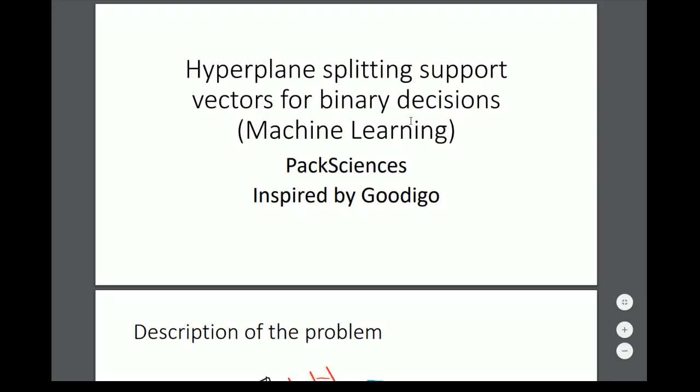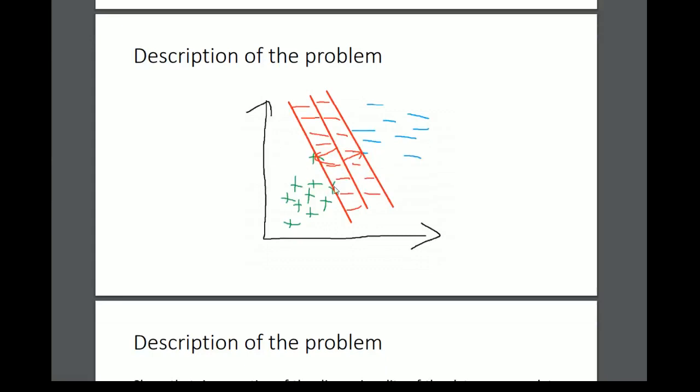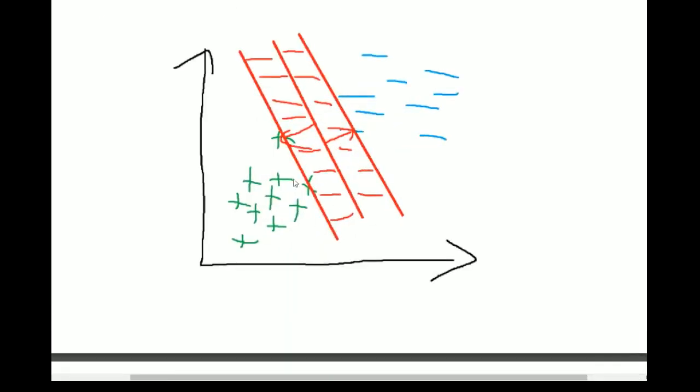Hello, today I'm going to talk about machine learning and binary decisions and a problem of hyperplane. I got inspired by Goodigo, and this is a picture I stole from his stream. So you have two data sets, a positive and a negative one, and he said basically that you have a set that you want to consider as positive and a set that you want to consider as negative. So for a binary decision, so yes or no,